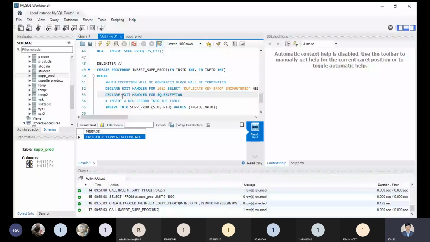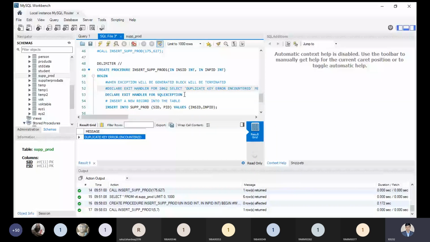So that is a SQL exception, not found. So declare exit handler for SQL exception, and let me update this part right now and see what would be happening over here.